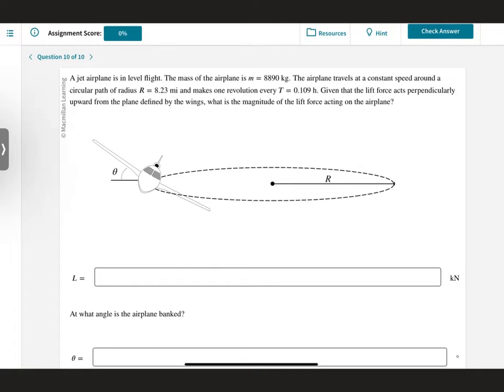angle of theta. We are given the mass of the plane, so it's right there. We are given the radius of the circle, and we're given the period, which is how long it takes to make a complete circle. Now, unfortunately, we're given the radius in miles, so we're going to need to make a conversion. You're going to have to convert that into meters, and because ultimately we're going to want a lift force